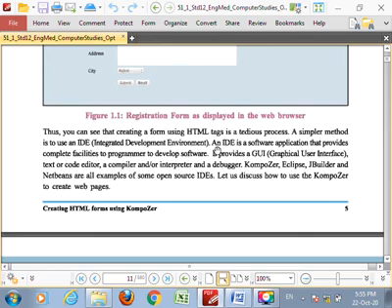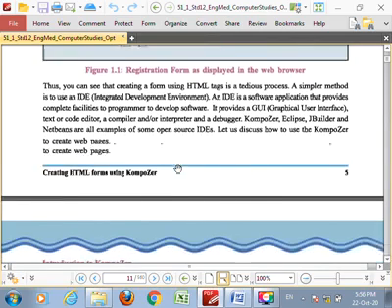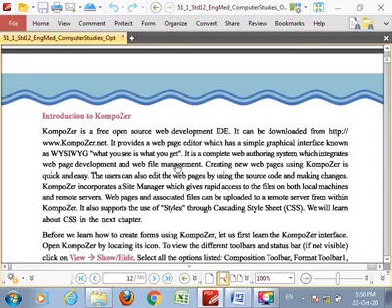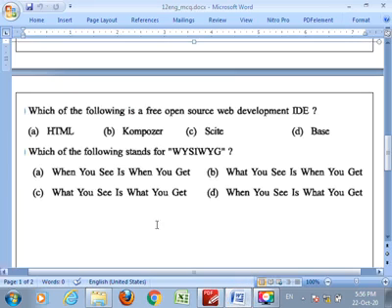IDE, GUI, CUI, this terminology we discussed in our earlier lecture. Especially as per our MCQ here, Composer is a free open source web development IDE. Clear? So your answer, HTML is not an IDE, it is a language. Kite and Base are paid versions. So Composer is free open source software.